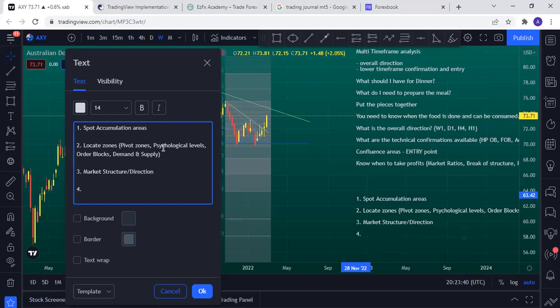Once I have the overall market structure, the overall market direction, the next thing I do is go to the lower time frame. Even before that, once I spot the market direction, the next thing I want to do is locate zones or key levels. Let me put it that way: key levels. Then after the market structure, the next thing I want to be able to do is locate